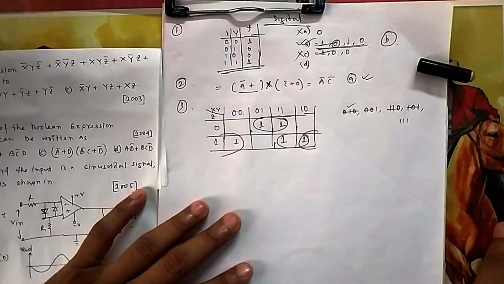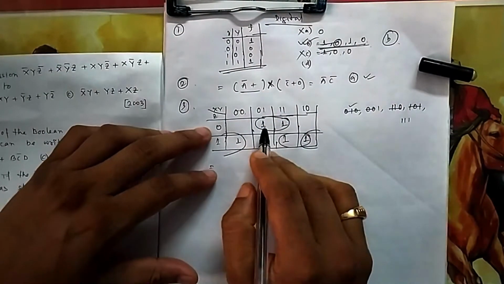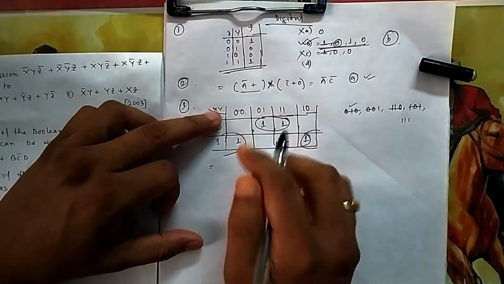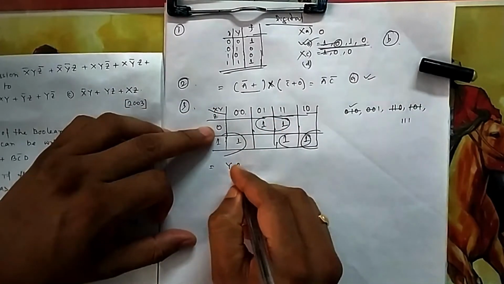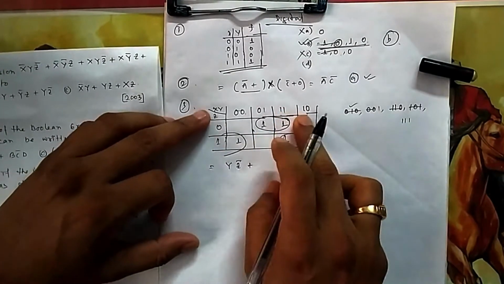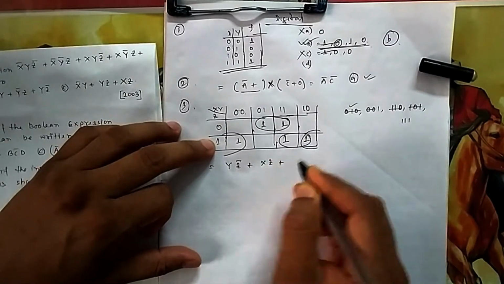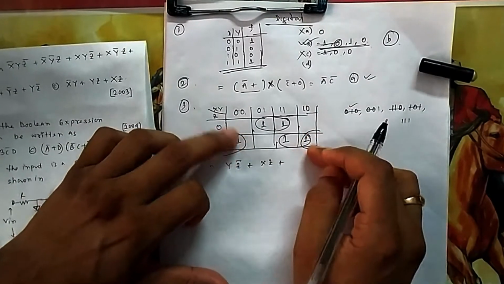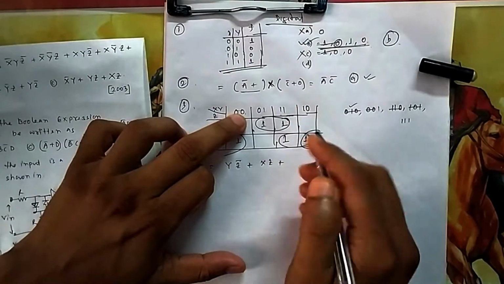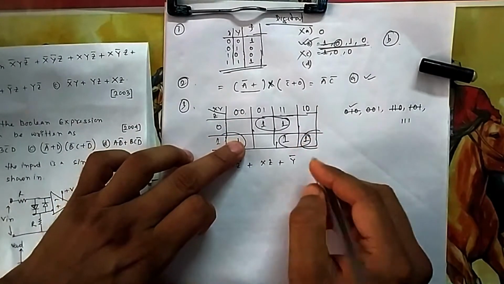Okay. So from here you can easily write down how to simplify it. If I take one by one, first one, which variable is not varying here? X is varying, so X we will not write, but Y is not varying, so it is Y, and it is Z bar, so Y Z bar. Then plus, if you take this pair, which one is not varying? X is not varying, so X, then Z is also not varying, so XZ, plus. If you take these two, which one is not varying? Y is 0, so it is Y bar. And Z is also not varying because in both these items Z is 1, so Y bar Z.